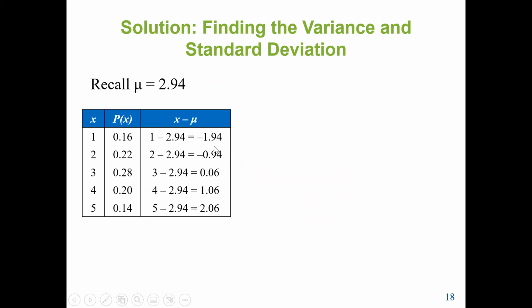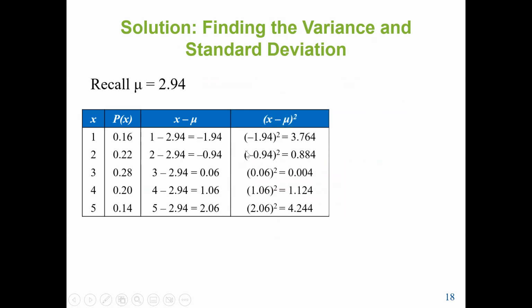So we get negative 1.94, negative 0.94, 0.06, 1.06, 2.06. That's the difference of each value and the mean. Then we need to square it. So we square the value, negative 1.94 squared will give me